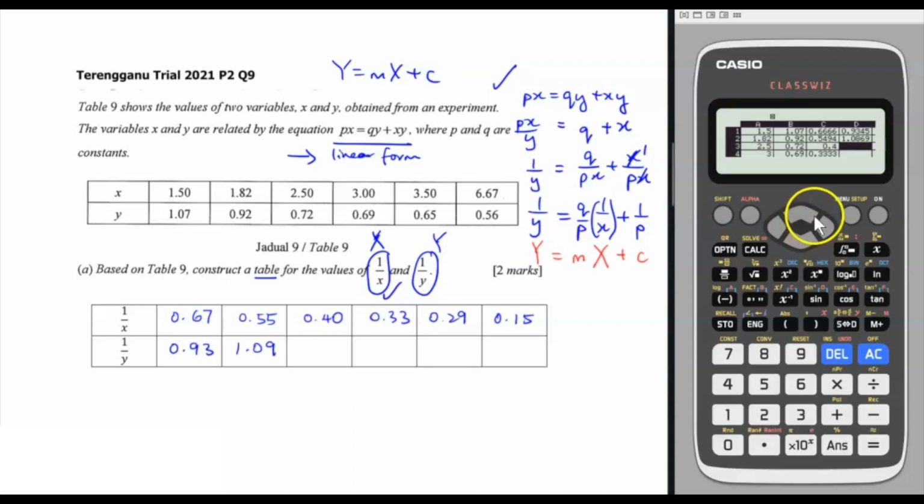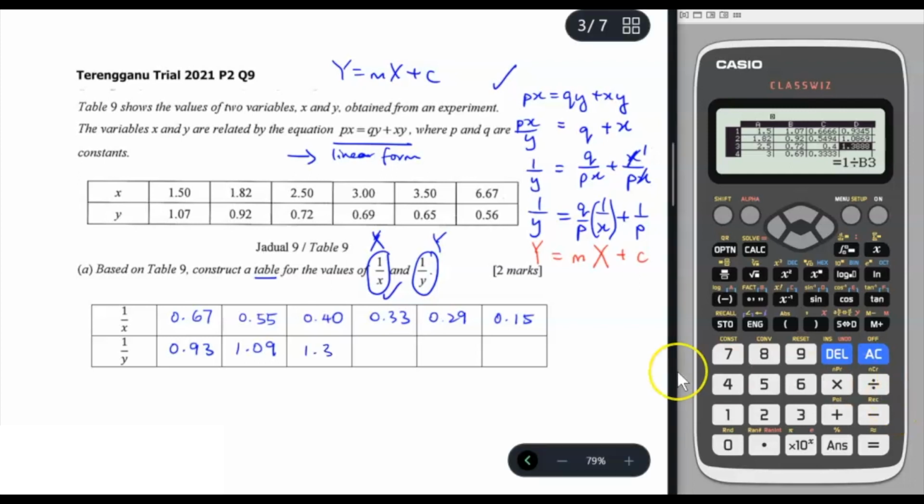This is 1 over B3. Go to option 1. So 1 over B3, press equals. So you got 1.3888. So we round up, become 1.39. And then the next one,